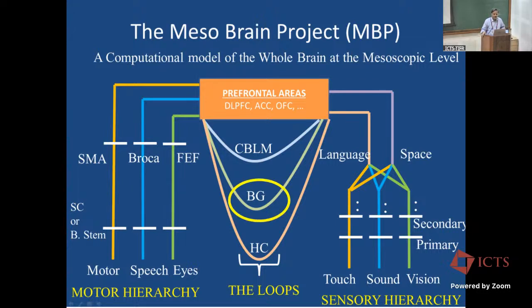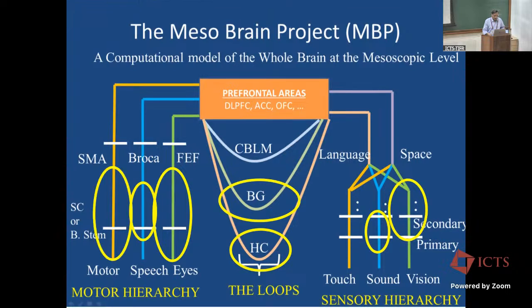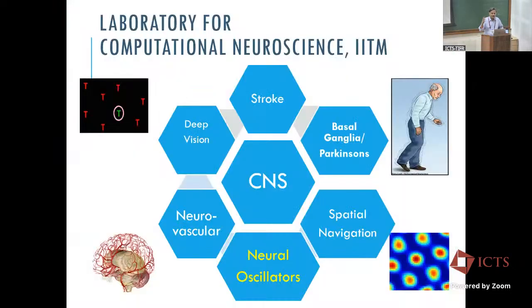So basal ganglia is where we spent a lot of time, almost 15 years, and we have a unified model of basal ganglia which can explain a lot of symptoms of basal ganglia, both in normal conditions and Parkinsonian disease conditions. We've also done some work on hippocampus and spatial navigation, again, a unified model which can explain a lot of spatial cells of hippocampus. Then some work on vision, then eye movements, not speech, but birdsong work a little bit. What we have done with Neelima, then motor function, prefrontal decision making. So the pieces are being accumulated.